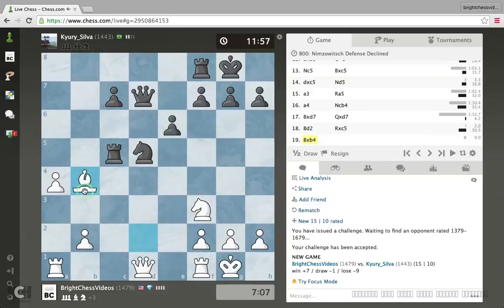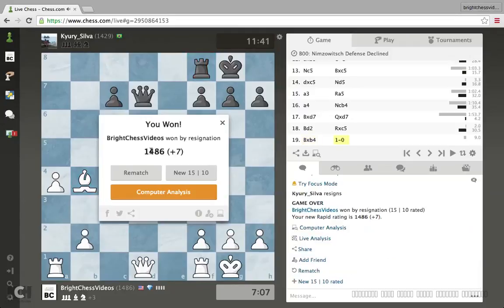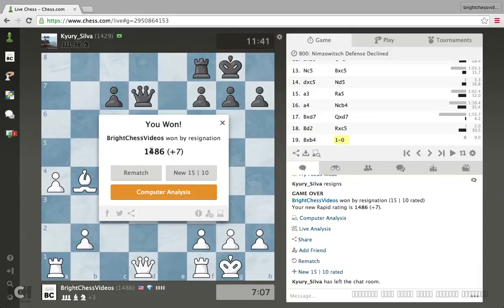So this knight is now pinned to the queen, because when I took with the bishop, it's no longer being defended by the rook. So this gets a nice skewer along those guys. Yes! Oh, thank God. My first win